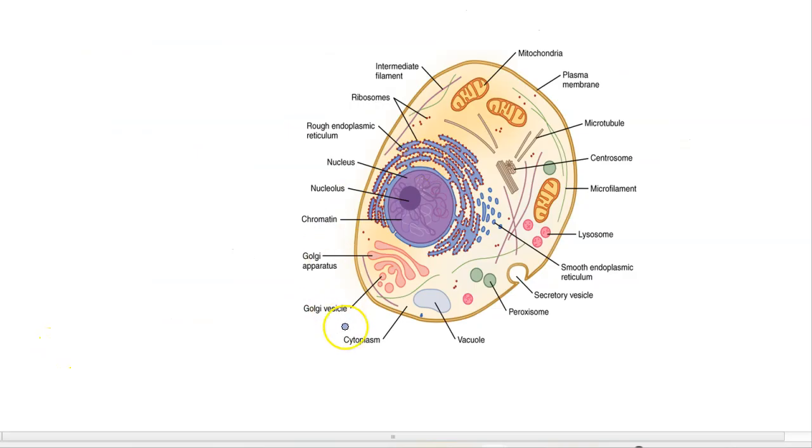Starting with, as we said, cytoplasm is present inside the cell. This is the fluid content present inside the cell. In this image, we find various cell organelles present in the cytoplasm, mitochondria, and the cytoplasm is enclosed by the plasma membrane, microtubules that provide skeletal support to the cell, centrosomes involved in cell division, microfilaments involved in support to